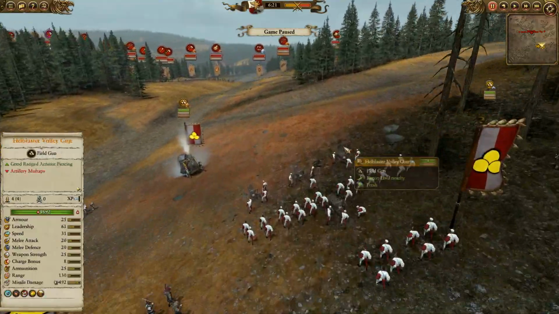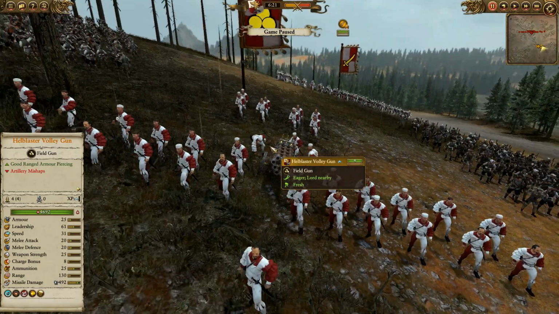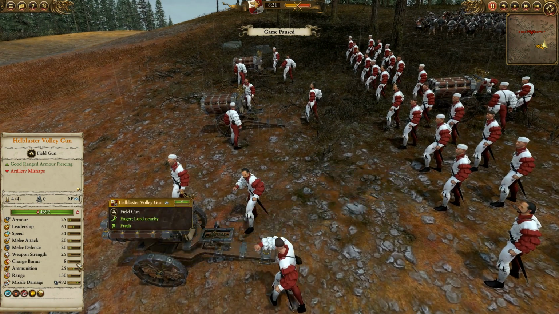And of course, now we get to the meat. I have a Hellblaster. I hope he can duck. Anyway. So with this, what does this bring to the table? So much like in vanilla,